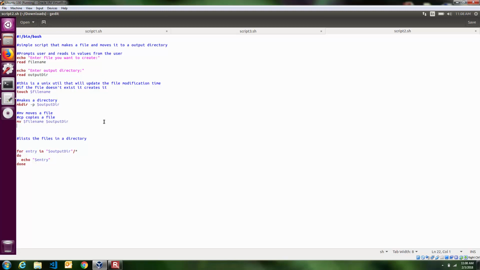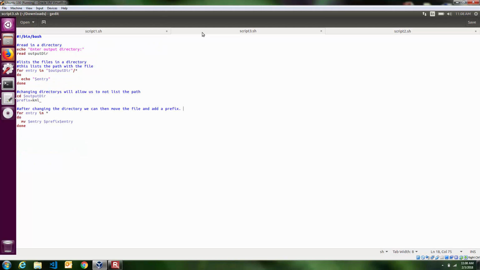So script 3 is a new script I added to kind of help you with some of the logic behind looking at files and moving them from one place to another and everything like that. So if we actually go here, basically all this does is kind of does the prefix, but kind of does it in a little different way. So here's that loop that we saw in the last part, which basically will print out everything in the output dir. Here it's basically I'm reading in some output dir to do something, and what I do is I just list everything for you guys to see, and then